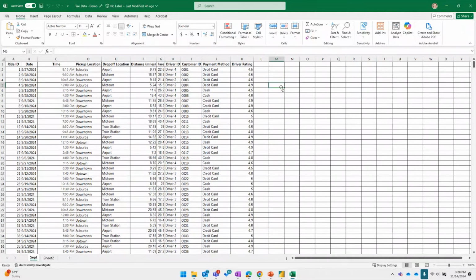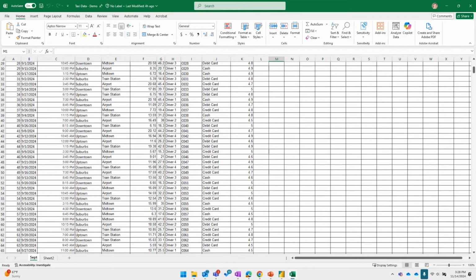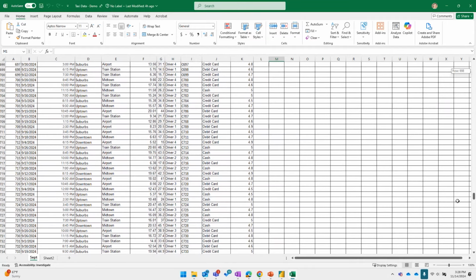And pretty neat. What do they refer to as a shameless plug for Copilot? I actually use Copilot to generate all this random data. It generated, I think I have 1,000 records. Maybe I'm off a little bit there. Yeah. We have 1,000 records of data. It's just random data